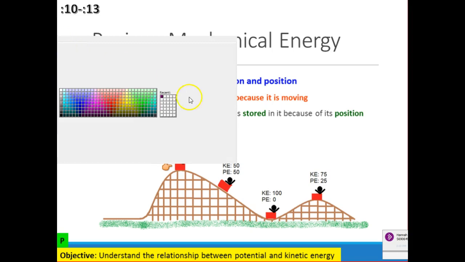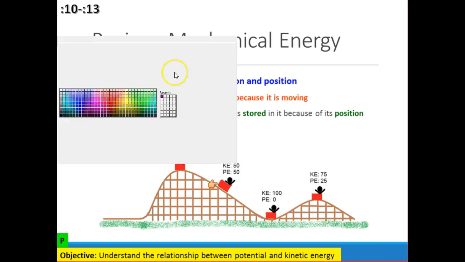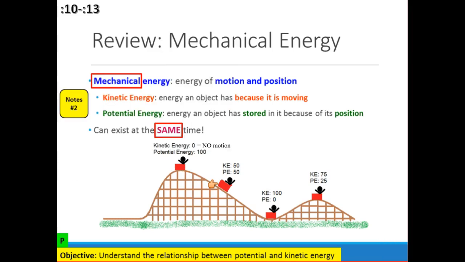And so here is this roller coaster at the top. You've got the stored energy, but as it moves, it's turning into what kind of energy? In the chat box, please. As it's in motion, now it's changing. What kind of energy is it as it's moving? Yes, so it's kinetic, that's right. And so here, halfway down the hill, it still has some height, but it's moving, so it's 50-50. It's got 50% kinetic, 50% potential.